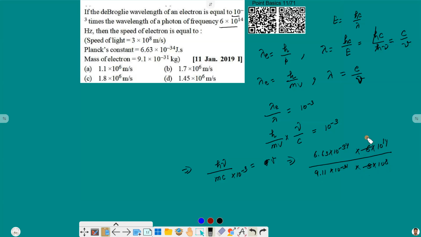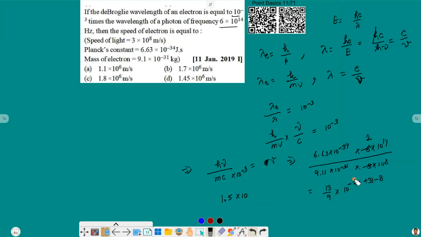So this will get cancelled with 2. Now what we will get? Multiplying 6.63 by 2, we will get approximately 13, and here we have divided by 9. I am approximating it. So this will be 13 by 9 into 10 raised to power minus 34 plus 14. This will give us minus 20. And from the denominator, we will get plus 31 and minus 8. So on solving, we will get approximately 1.5, I think,